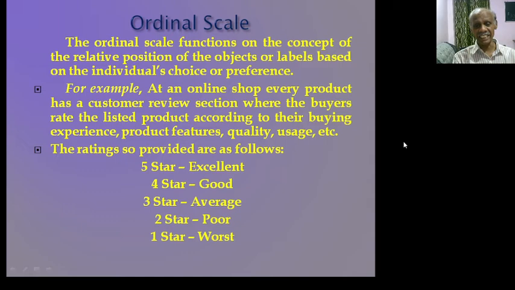So by this rating, the online company will come to know how their services are being valued or rated by the customers. Such type of individual choice. Here there is no compulsion. The company could not place any compulsion on you, but they give you a choice or a preference to give your reply as per your observation or perception. Right? Such type of scales are called ordinal scale.